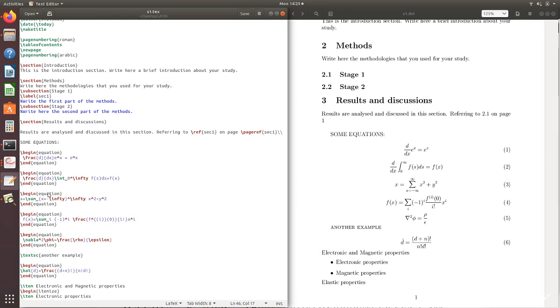Now go to our next one here. In this slide, some equations are written for your practice. For the first case, if you wish to write d/dx of e to the power x is equal to e to the power x, since it is a fraction, start with frac, and d is the numerator and dx is the denominator. And you know how to write the power, with a hat sign. So this is equal to e to the x. That will produce this.